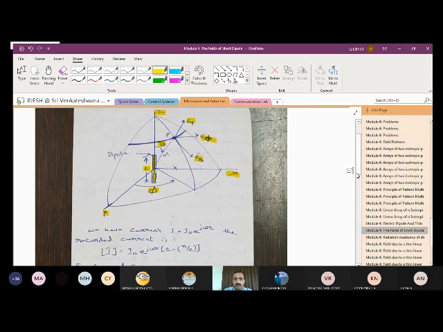The current flows through this, that is I, as we discussed in the previous topic as well. The length of the antenna is taken as L, and the diameter is taken as D, and we are discussing the short dipole. Short dipole indicates that your length has to be very small compared to lambda, and your diameter D has to be very small compared to L. Considering all these things, we say it is a short dipole, and we are going to see how the current and the field components can be represented.